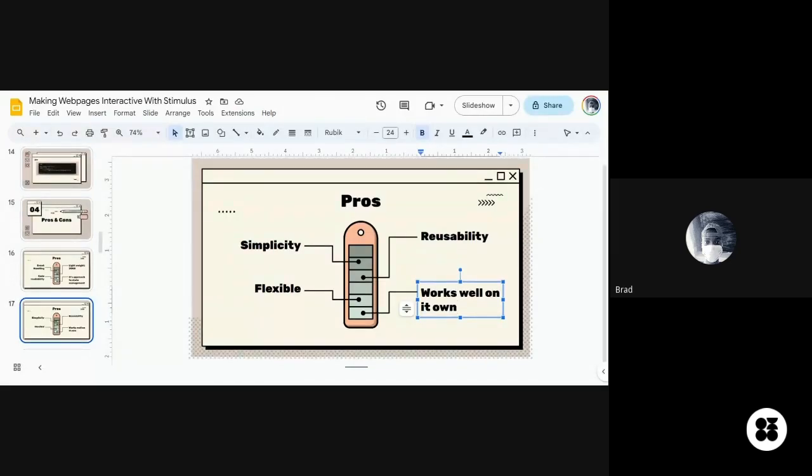You need the React DOM and the likes. So those are third party packages you need. But for Stimulus, you don't need extra things to do whatever you want to do. You just say, okay, this is Stimulus, I'm here to handle events, I'm here to handle interaction, and you're good to go.